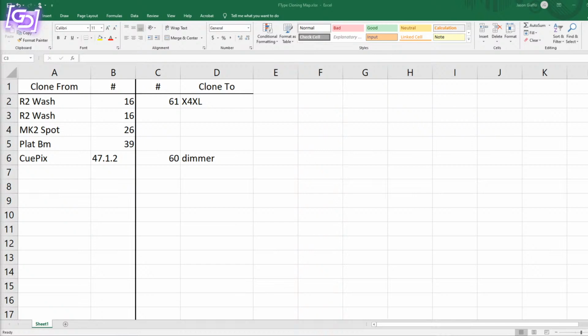Okay, so we also want to clone our spiders in there. All of our spider instances, which are just .1 and .2 as far as types go, are our destination. So 61.1.1, so 62, yeah, .1.2, and that's going to be our spiders. VL4Ks are going to be what we clone from spots, so we're going to call that 63, VL 4000, and beams are going to be also platinum beams, but probably in a different mode. So 64, and